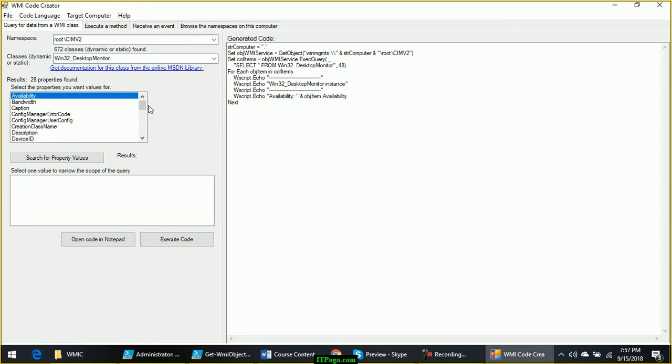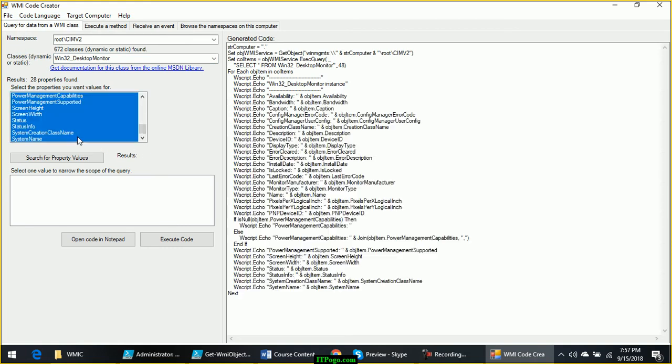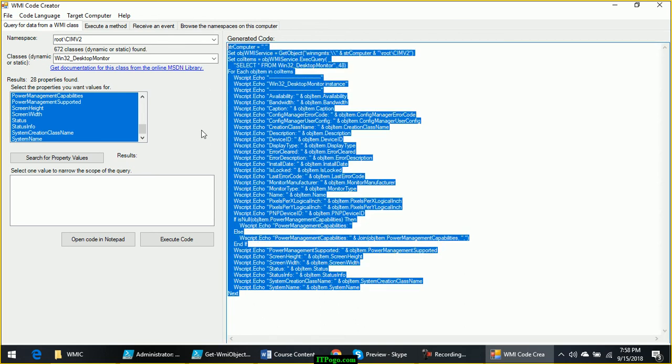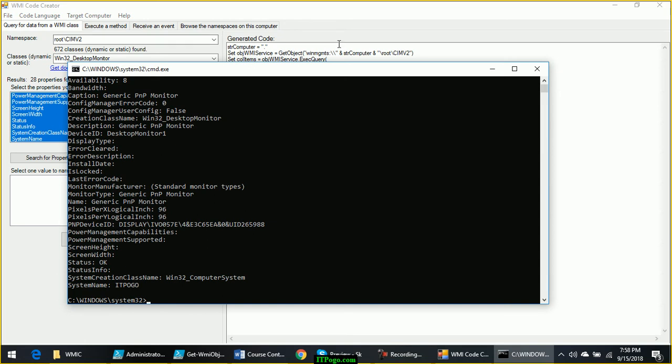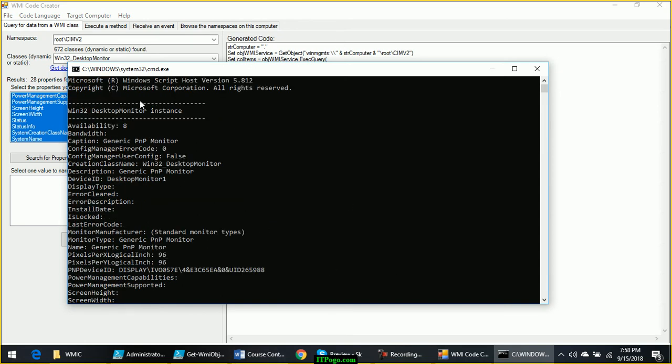So the moment you select this, now this is the code you can copy and paste in a VBScript file to get details about your desktop monitor, and you can also run this code from here. When you run it, it will show you all the details about Win32_desktop monitor.